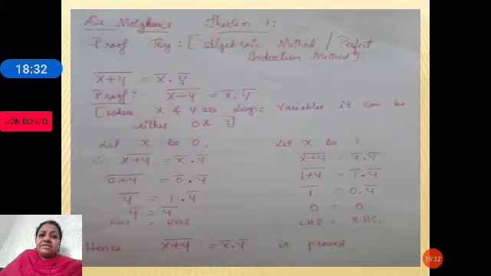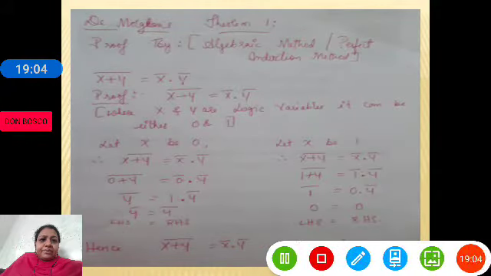This is the simplest method which I feel will be easier for you to refer, but still again if you want, you can just go through the textbook. If you find it better, you can follow that also. You need not worry, both carry equal marks. Not to worry about the marks. So let's get started and let's prove the first theorem, that is x plus y whole bar is equal to x bar ANDed with y bar.